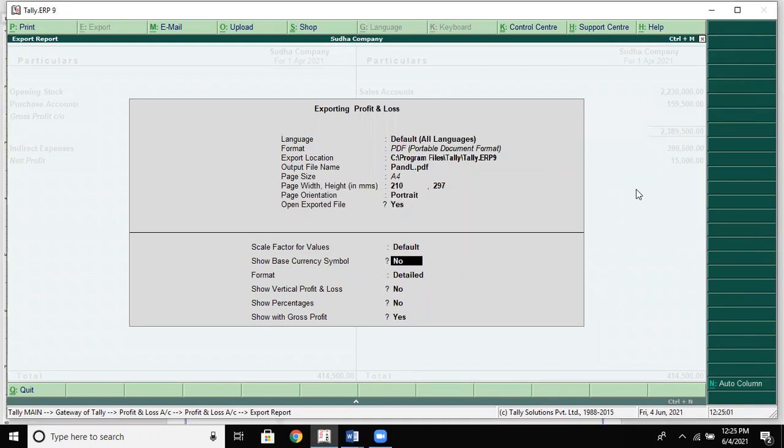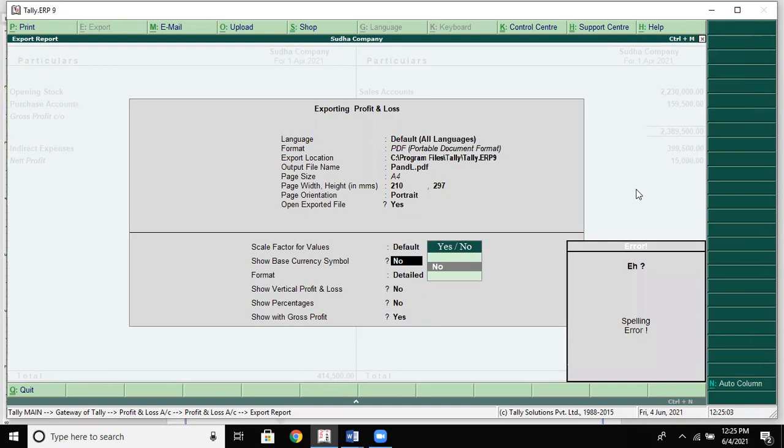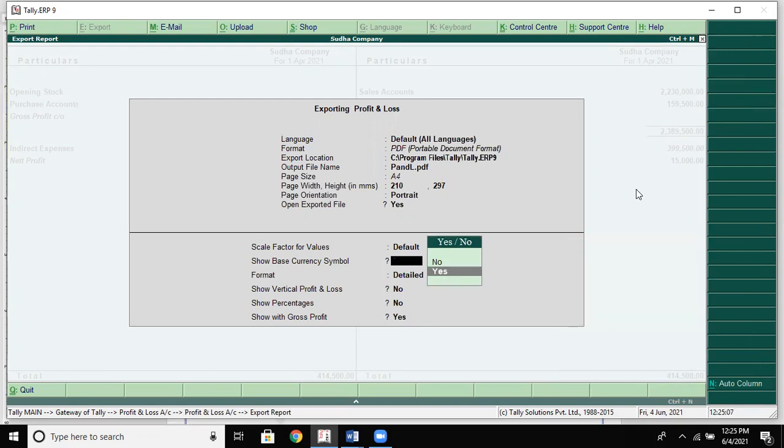Default, show base currency symbol. Yes, I want to show it. Yes, you can go. Then format is detailed format, vertical, no. Percentages, no. If you want to go for percentages also, it will show you. Show with gross profit, yes.